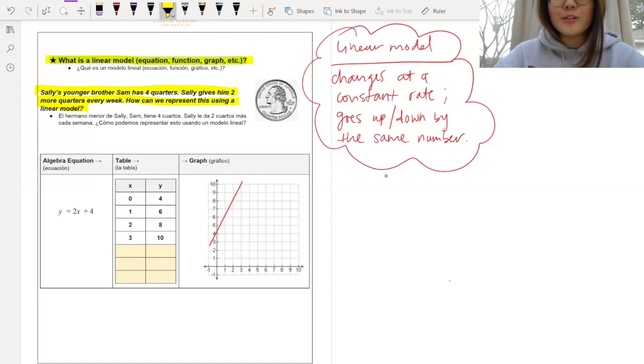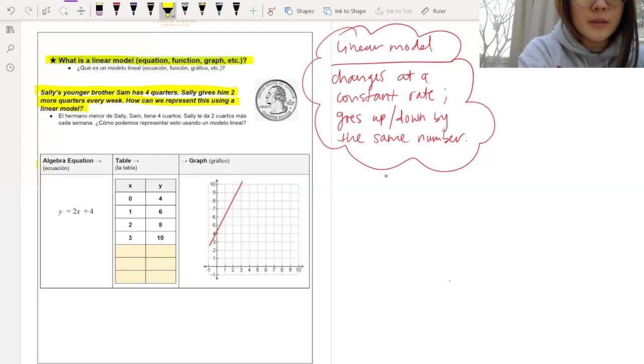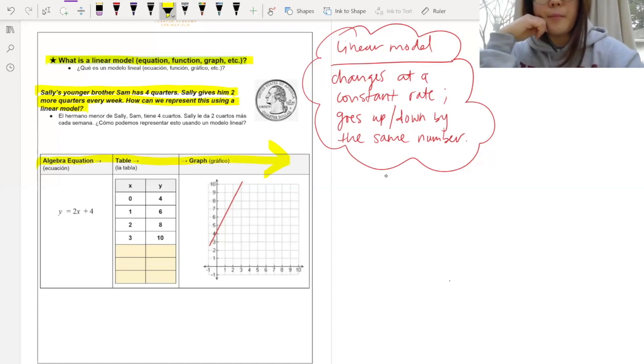Now, in order to represent the situation, we want to find ways we can model it, right? And we can model this situation with a linear model because it's changing at a constant rate. Every week, Sam gets 2 extra quarters. It's never changing. It's always the same. So we know this is a linear model. We're going to go from equation to table to graph, okay? But before we do that,